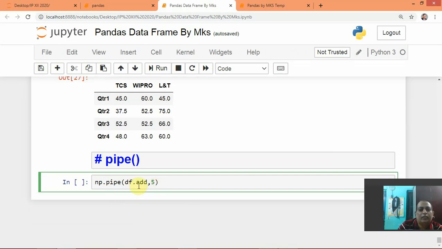Means df is the first data and second, 5 is being added to it.